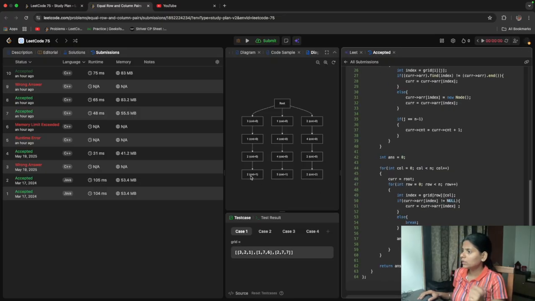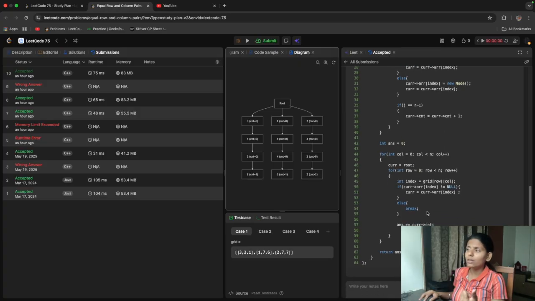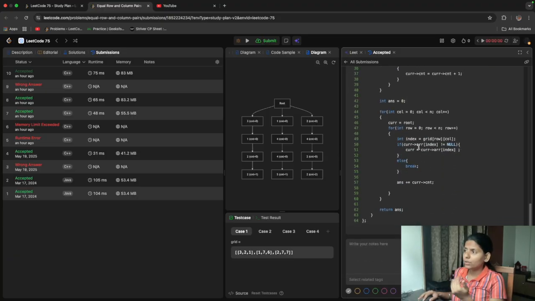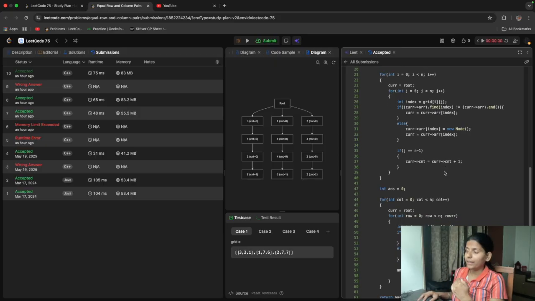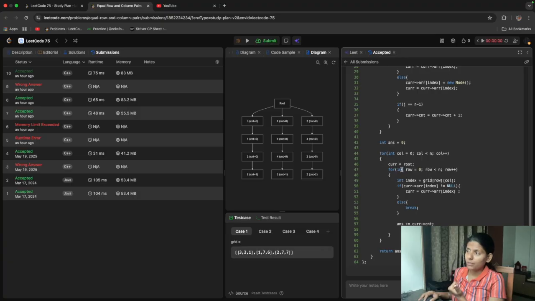And then I just made a row tree here, and then I went for the column and took a number as index, grid row column. You can see here, when I was going through every row, I took row and column, like here this is row and this is column. But when going column-wise, at that time I took column and row, and it is the same, grid row and column. I took that index, I checked it. If it is present, then go to the next.